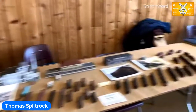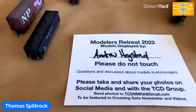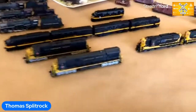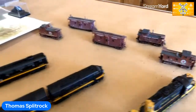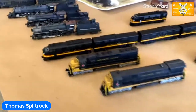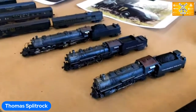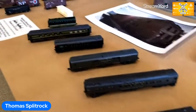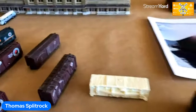All right. Go over here to Heath. We've got some N scale. This is Andrew Higstead. Andrew's not sitting here. He's probably at the clinic. But we'll look at his beautiful Northern Pacific models, which are all N scale. It's got the freight units, cabooses, U33s, SD45s, FTs, N-scale steam engines, dual bugs, passenger, resin kits he's working on there,